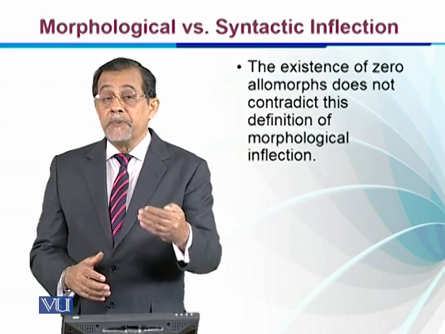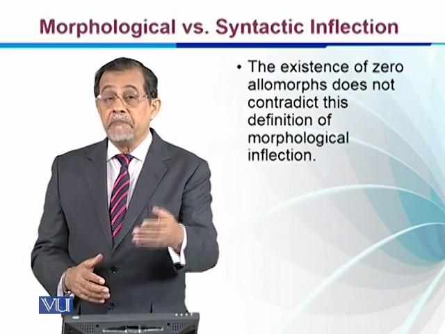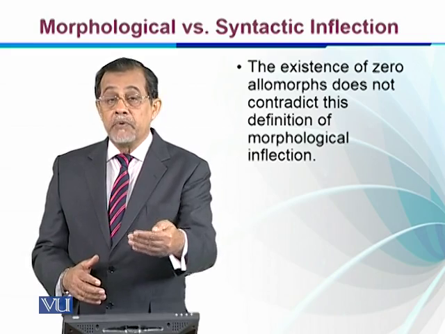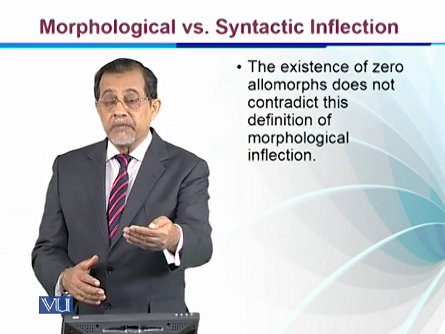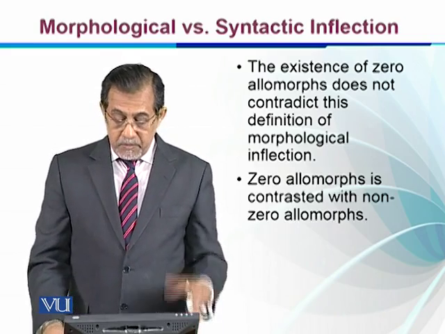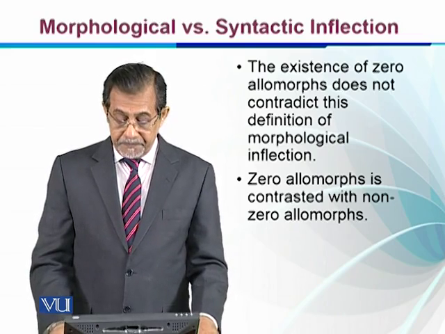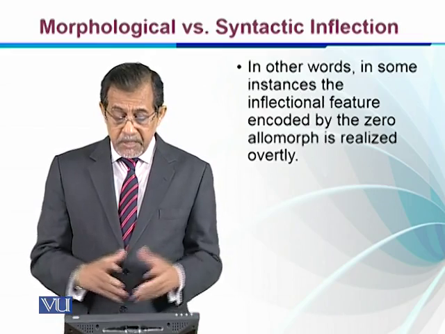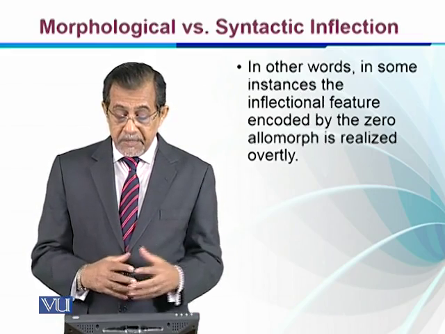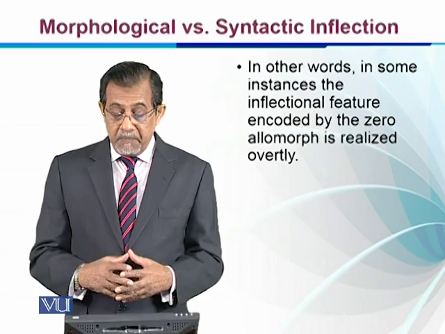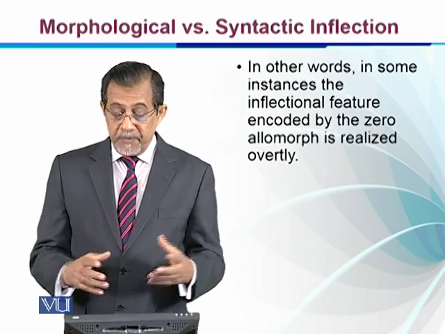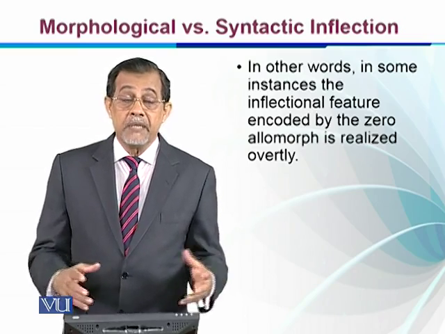So sheep has a zero morpheme because it contrasts with a plural morpheme, as in boys. Zero morphemes are contrasted with non-zero allomorphs. In other words, in some instances, the inflectional feature encoded by the zero allomorph is realized overtly,